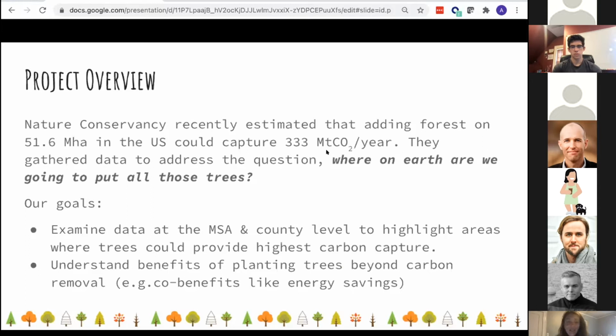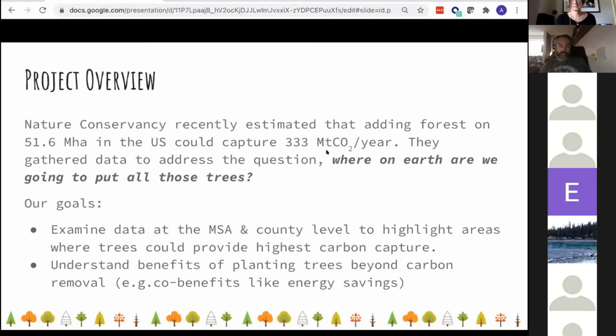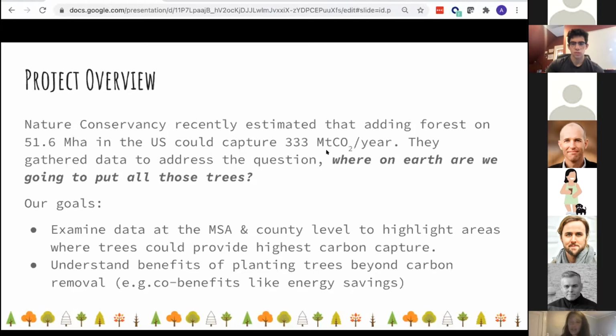So at a high level, the goals were to look at the data at the MSA level and county level, and then understand the benefits of planting trees beyond just carbon removal. What we noticed, as you start to look at the trees, they looked at all the data by different tree or forest types. It's a significant impact in carbon capture, but it's not going to be the silver bullet that I think a lot of people maybe thought it was going to be. And so there are a ton of benefits that having forests and trees planted brings along with carbon capture. That was one of the things that we wanted to look at and how we started